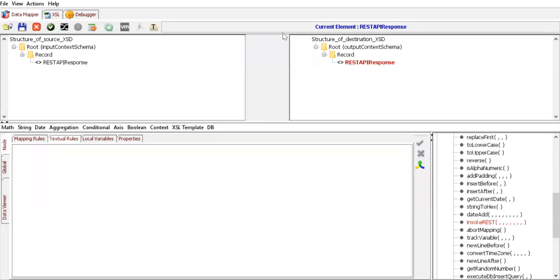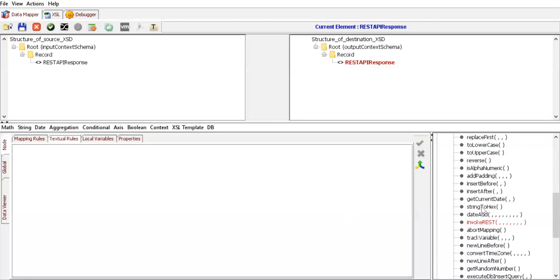In today's session, we are going to talk about how we can invoke a REST API from your data mapper. There can be a business requirement where you want to validate, and based on the validation status, decide whether to pass this record to the target side or not. To demo this use case, I have simply created a data mapper, and inside the data mapper, I have a context schema where I have one context variable.